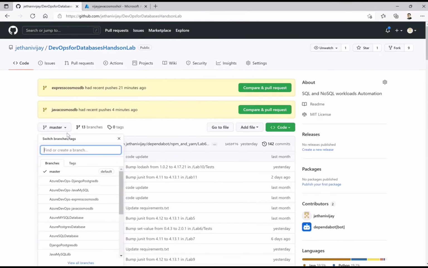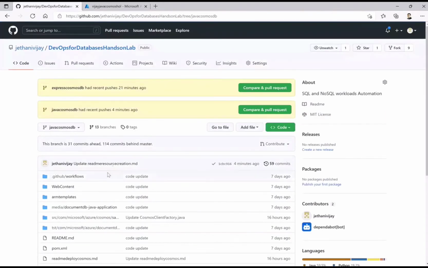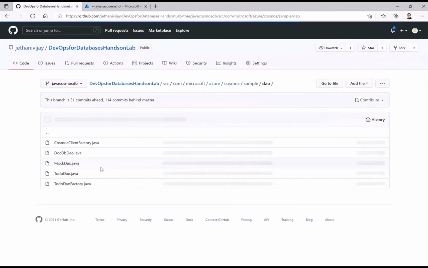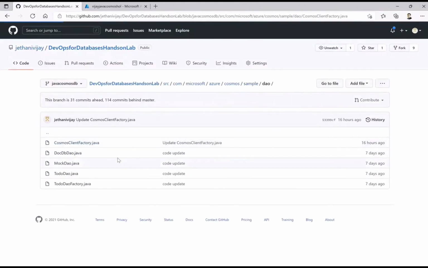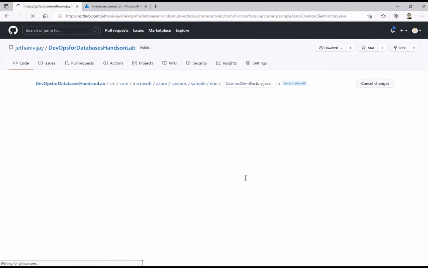But let's go to that branch and go to the source, data access objects, Cosmos client factory. I have exactly the same thing for the URI, which is the host. Let me just replace the key.